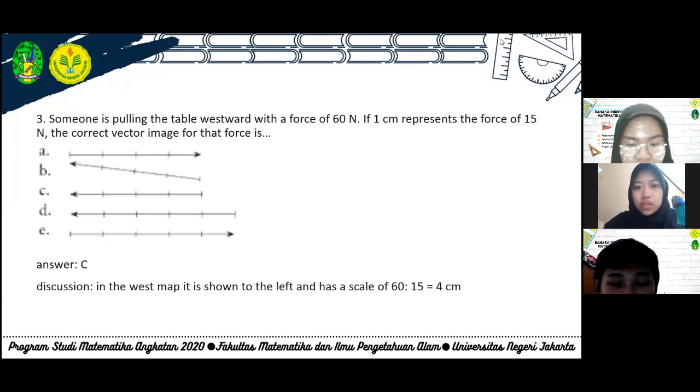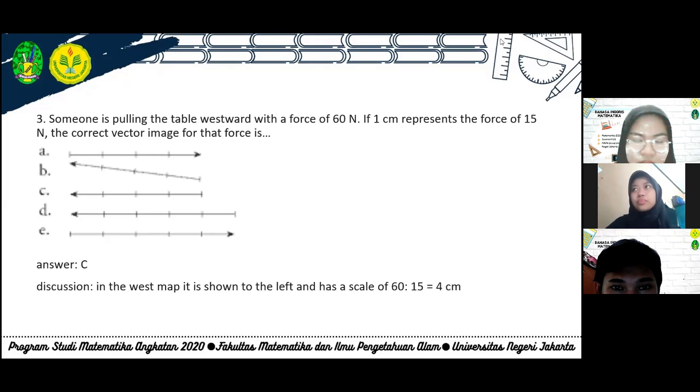Option D is wrong because the instruction is the table is pulled with a force of 60 Newton, and if 1 centimeter represents the force of 50 Newton, so